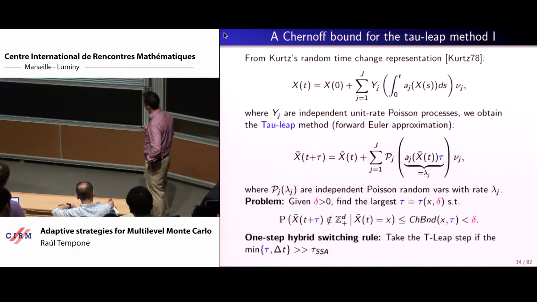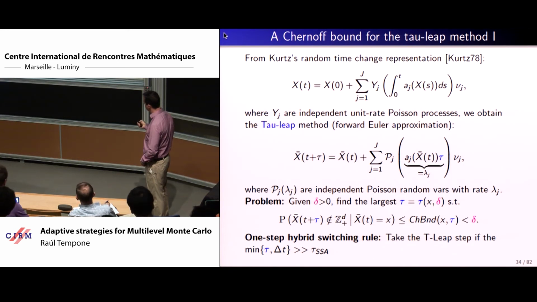Okay, so the first problem that you see here from this approximation point of view is to find tau so that you're not going to cross these important boundaries with a given probability. Delta is given. So this tau will depend on x and delta,